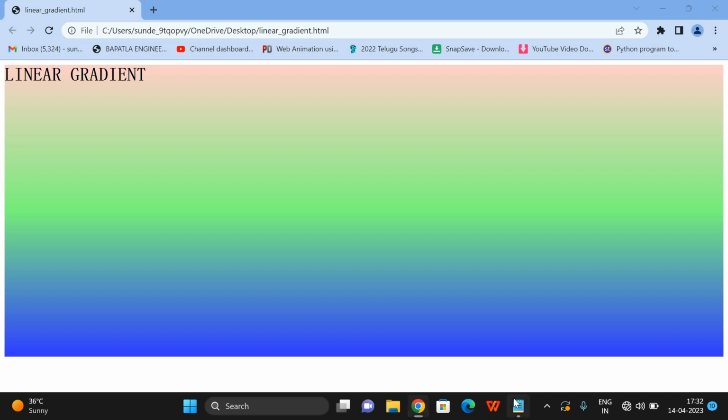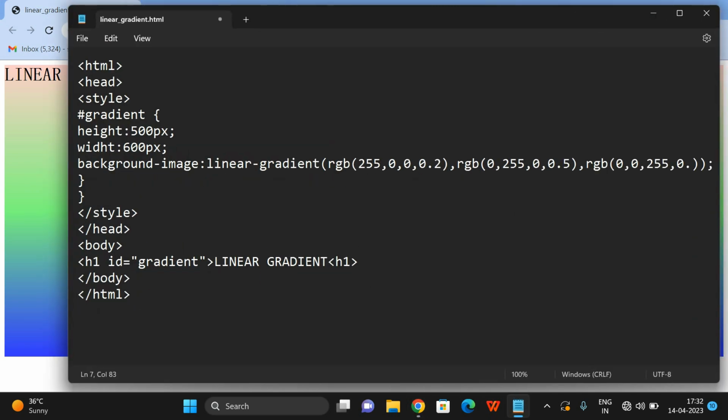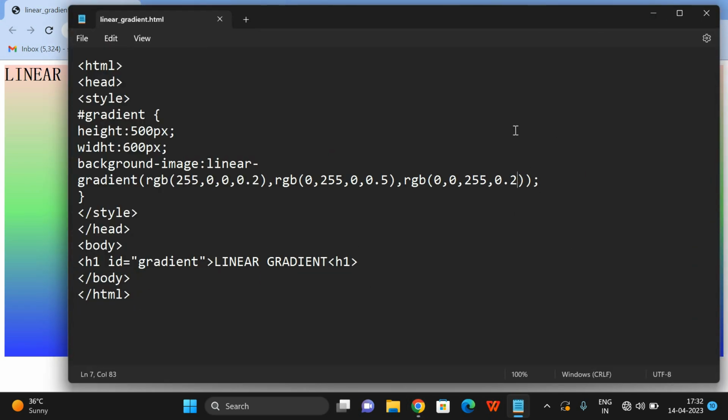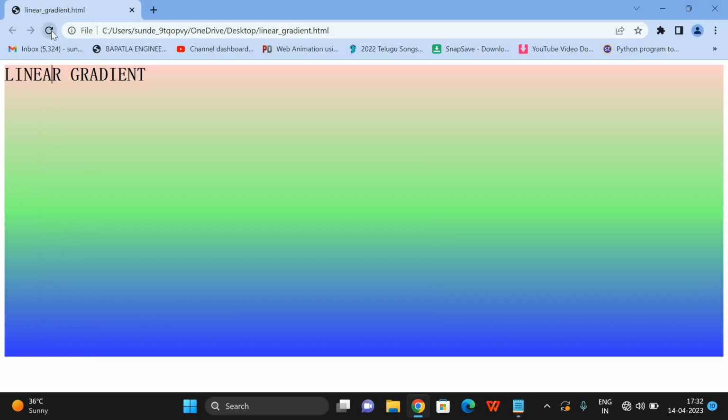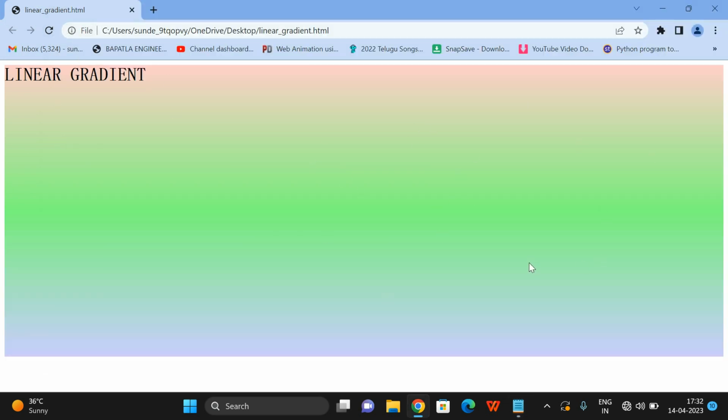So you'll get like this, and even here also you can give 0.2, so that you can feel the same thing. See, yes, this is one more shade. Okay, but here you can observe everything will be completely horizontal or vertical. So that's why we call this type of gradients linear